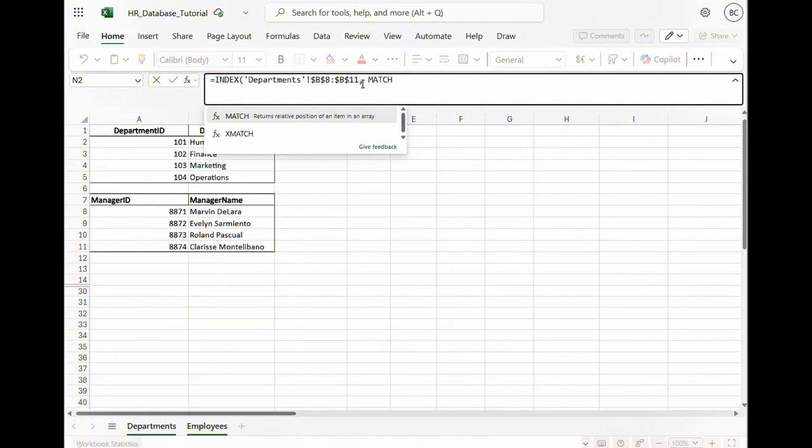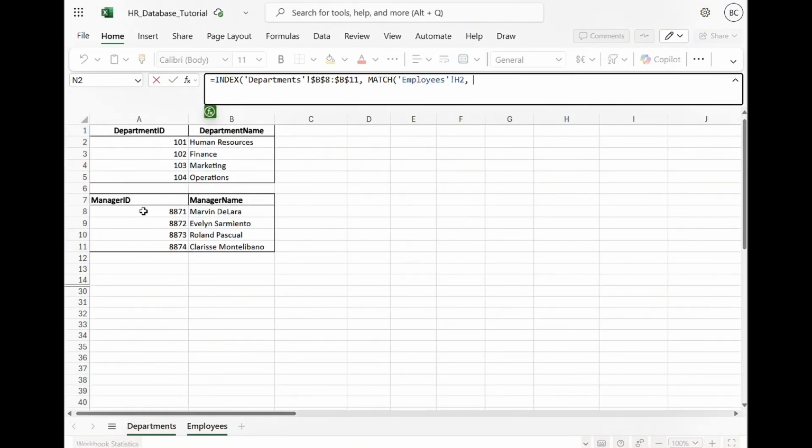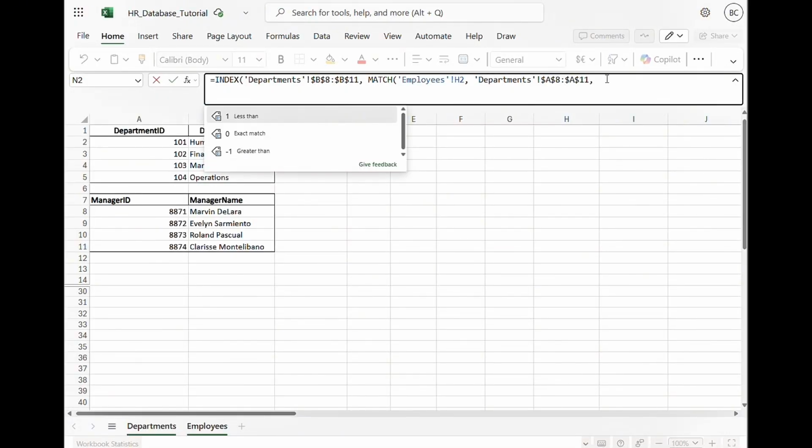Next, we will employ the match formula. And we have to match the manager ID, which is in this case first in H2. And after that, we have to reference it again to the manager ID column from the department's sheet. Make it absolute. And then we need the exact match, so it will be 0. And then if the formula is right, it shall reflect the same output as with the VLOOKUP on the left